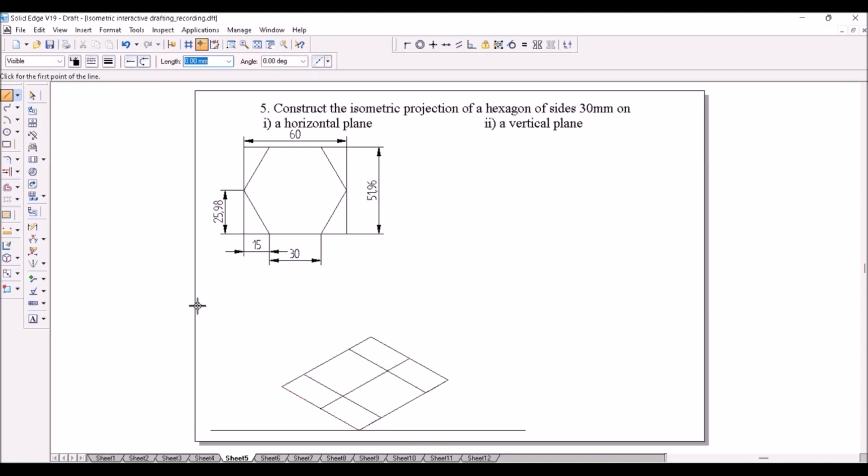Now I have to draw the hexagon. See, I can start from any point. I will start from this. I will join it to this, join it to this, join it to this, join here, join here, join here. See, now this is the isometric view of the hexagon, but I have to convert it into isometric projection. So I will reduce the scale and select it,